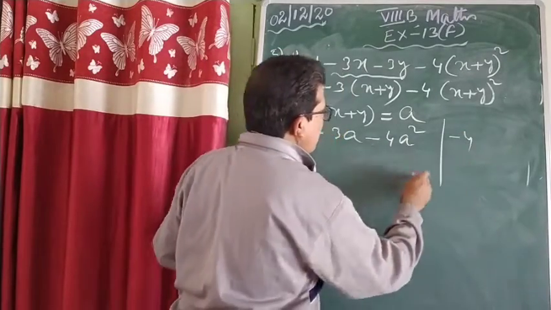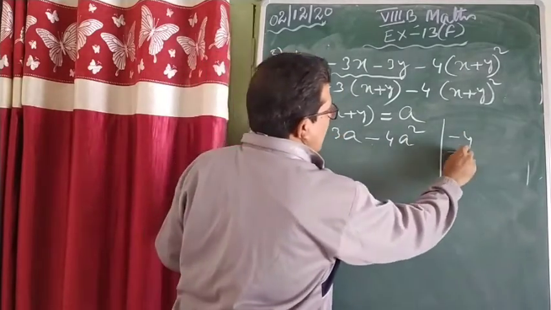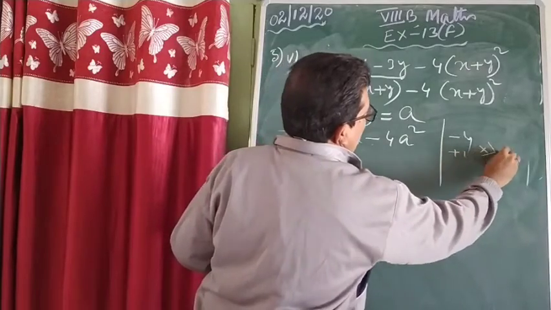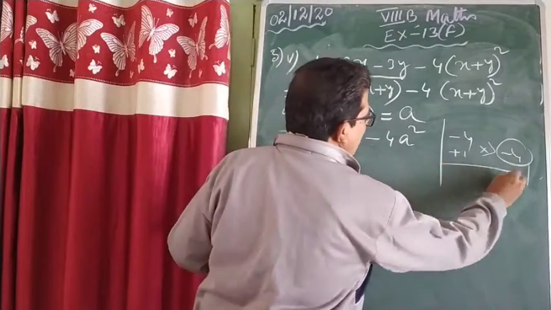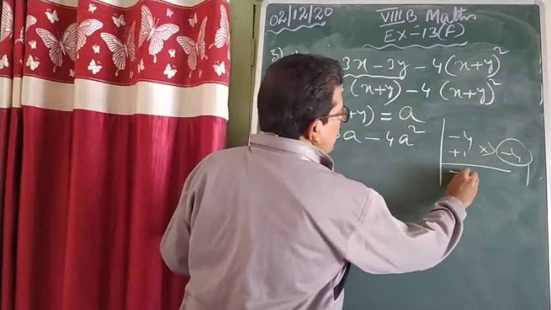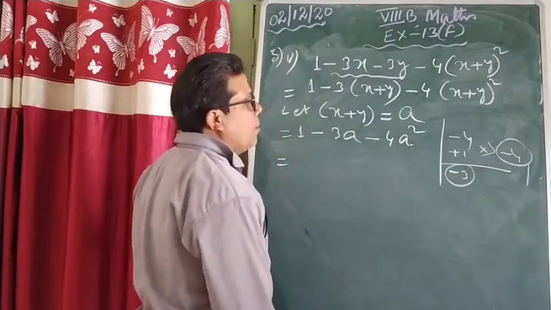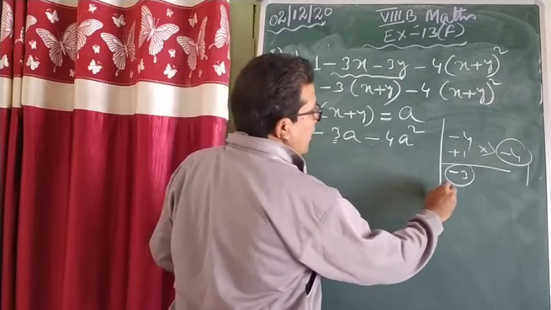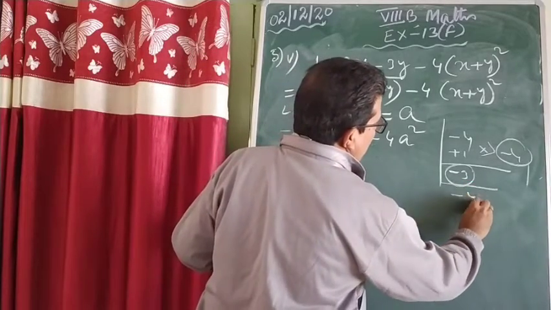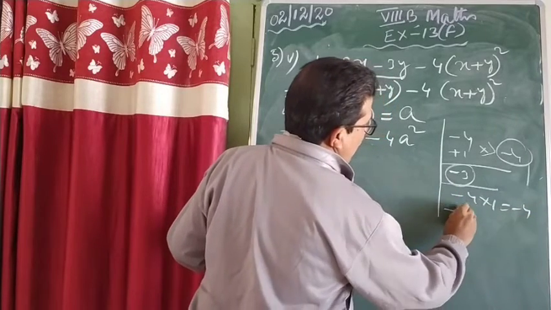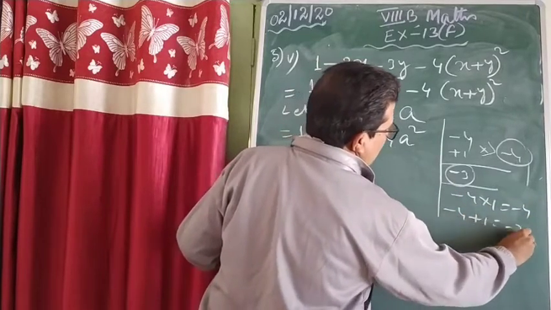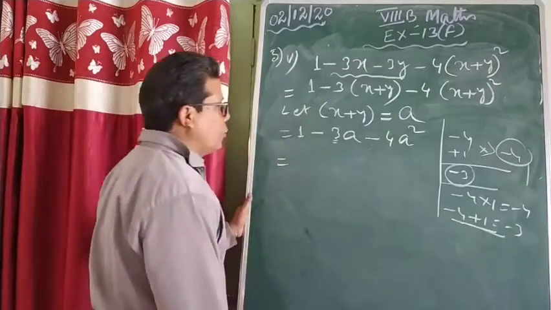You know all those things. Minus 4. What is the constant, beta? Plus 1. Multiply these two. Minus 4 will come. Now you find out the two factors of minus 4 by which your result should come minus 3. Here minus 3. So what are the factors? That also you are doing, beta. Minus 4 into 1 equal to minus 4 will come or not? Now if you add these two, is minus 3 coming or not? So you are supposed to take this factor.